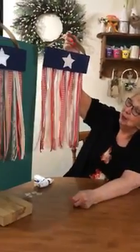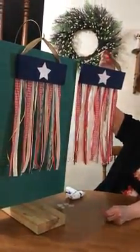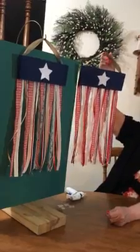So here is our Patriotic Fringe Flag. This one has that extra layer of white ribbon in there, and I'm really glad we did that,